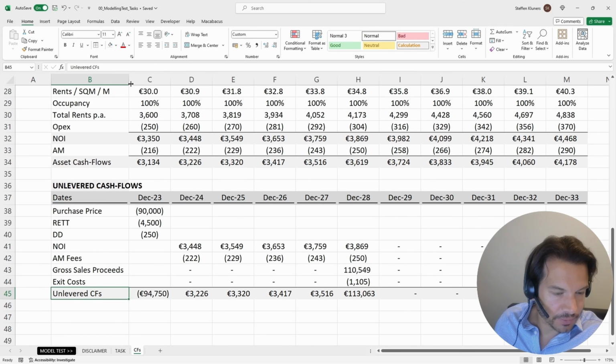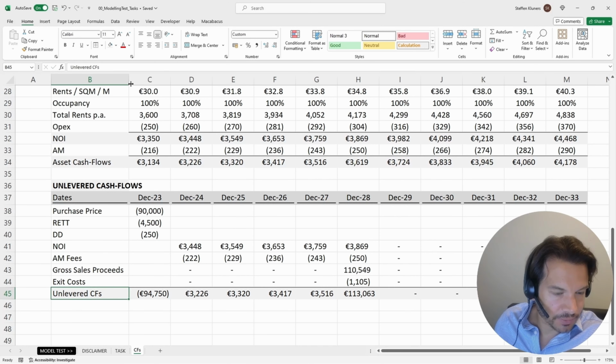And there are three key return metrics that you typically see in real estate financial models. The first one is the IRR, which is the internal rate of return. How can we calculate the IRR? Well, we can use the XIRR formula. So we pick up the cash flows and the dates when those cash flows occur. So we know not only what the cash flows are, but also the date when we receive them. Here, the internal rate of return of this investment is 6.2%.